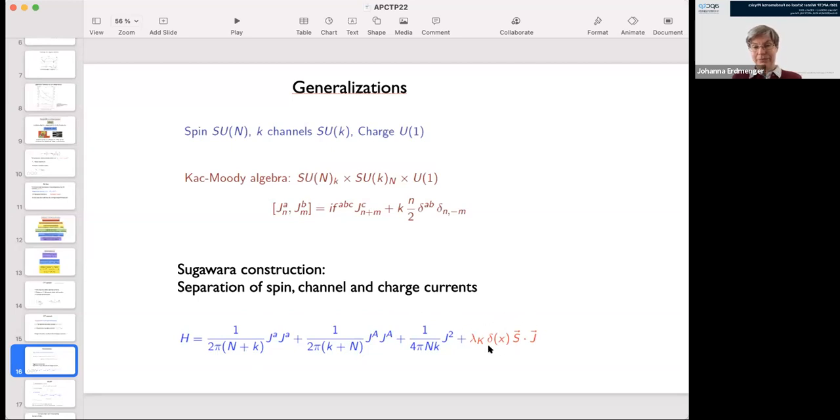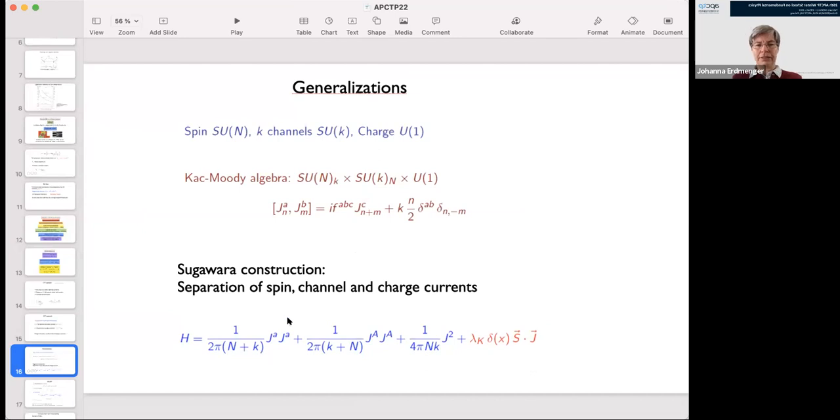And then the interaction term with our Kondo coupling can just be written as an interaction of this spin impurity with the spin current. So this J with the vector is the one from the spin here at the front. I can also write S^a J^a here for the scalar product. So this is our Hamiltonian in the ultraviolet.